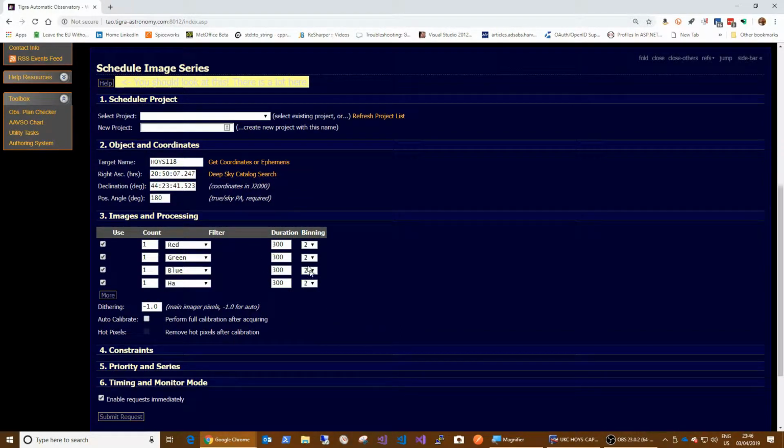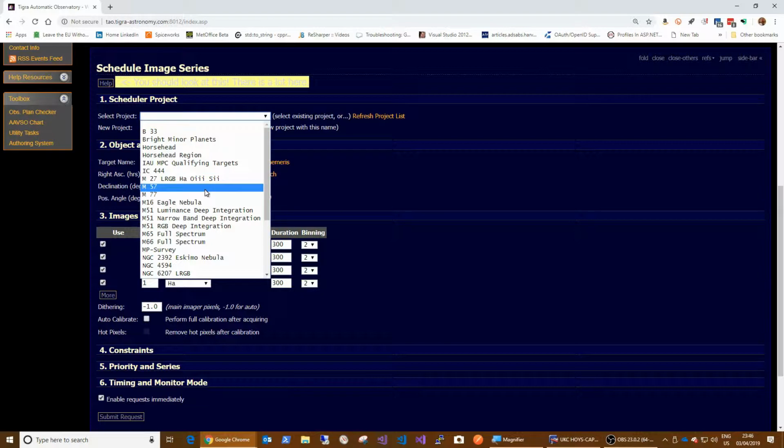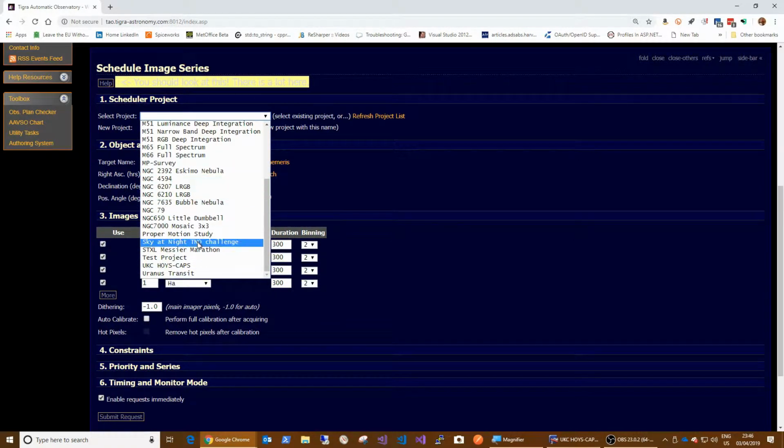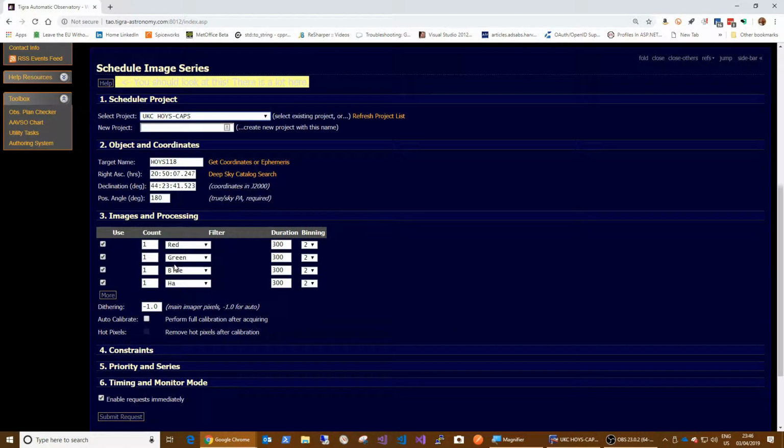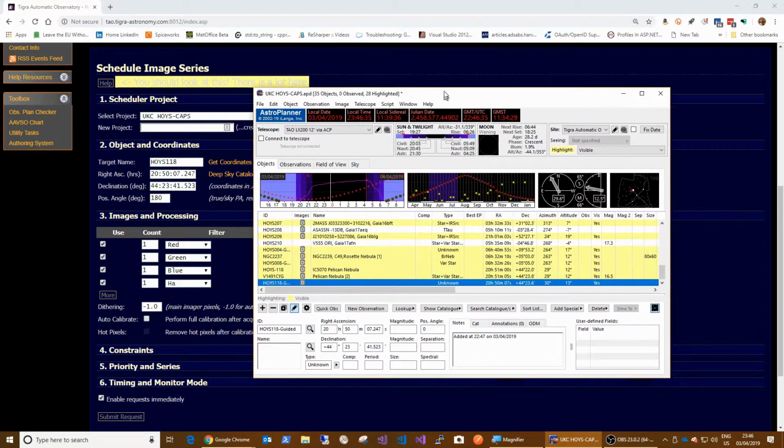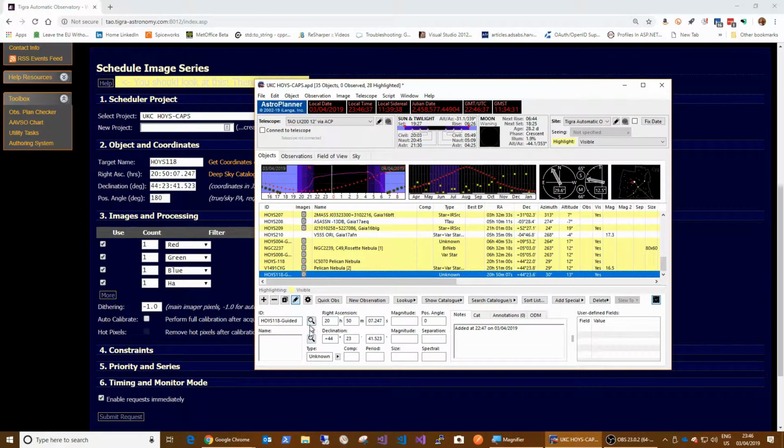You can see I've already run through this once, so these should all be right, but we want to create a new observing plan, add it to our UKC HOYS CAPS project, and it's going to be called HOYS118. The coordinates 2050.07, and these are the coordinates that we derived from Astroplanner,